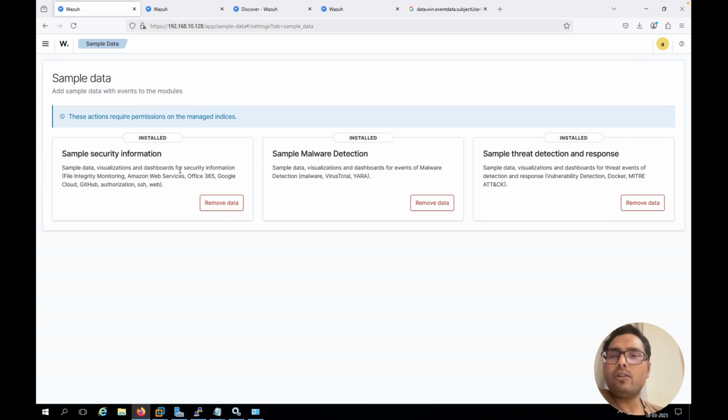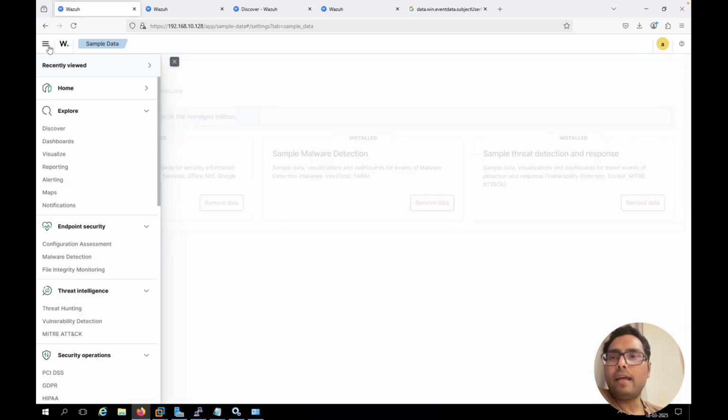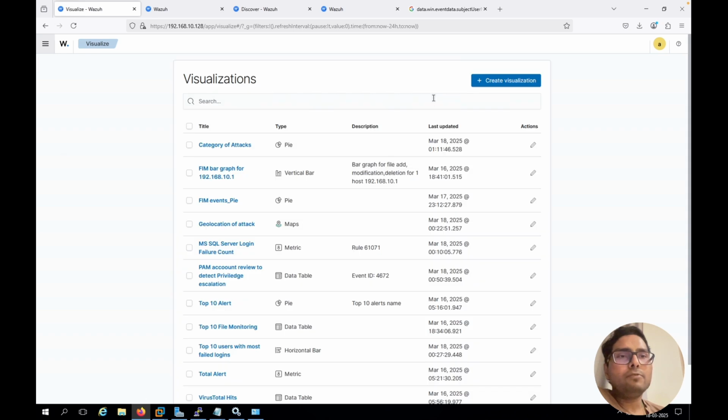I already installed this sample data, that is the reason it is showing installed. The first time you install this sample data, you will see the install button here. Just install one by one, it will be installed automatically. After that you need to click this hamburger icon and then come to the visualize thing. I'm using the latest version of Wazuh here,